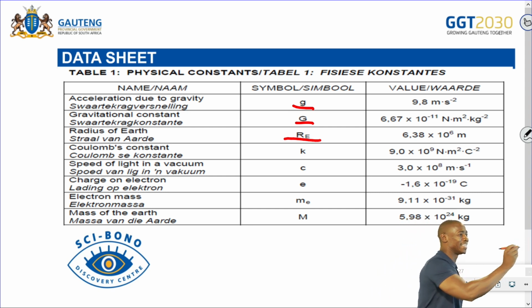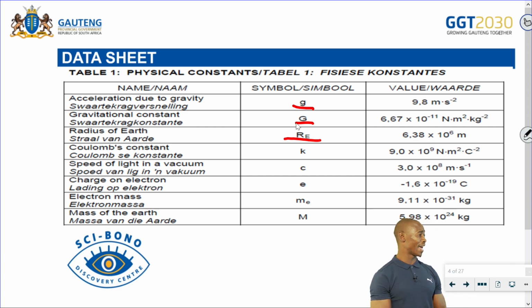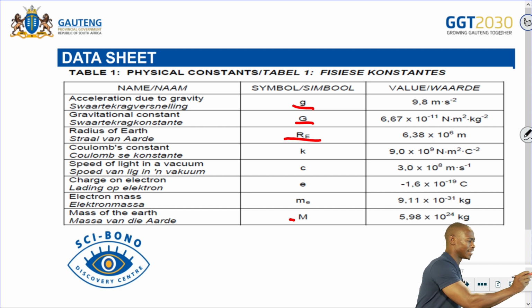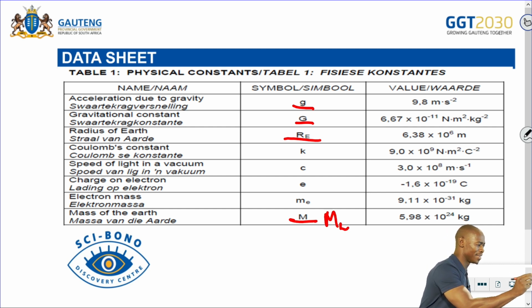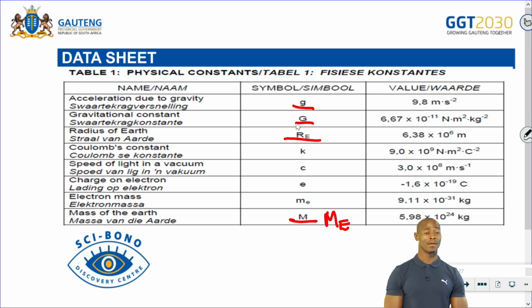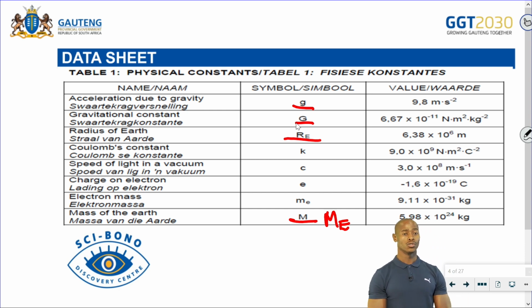And also Re, which is the radius of planet Earth, as 6.38 times 10 to the power 6 meters. And what is also important here is this M. So this is M, or sometimes it's written as Me, right? So M, capital letter M there, or Me, is the mass of the planet, which is 5.98 times 10 to the power 24